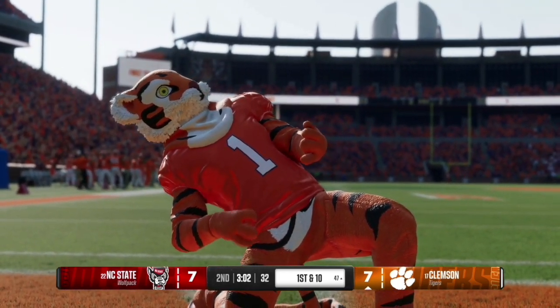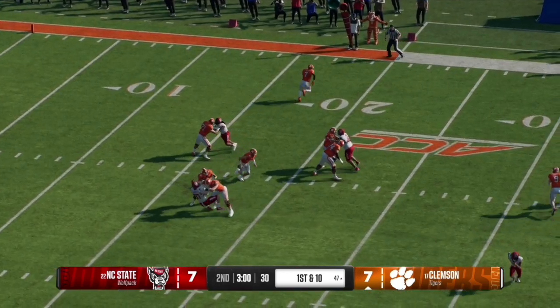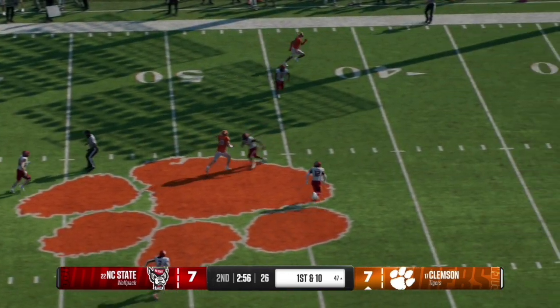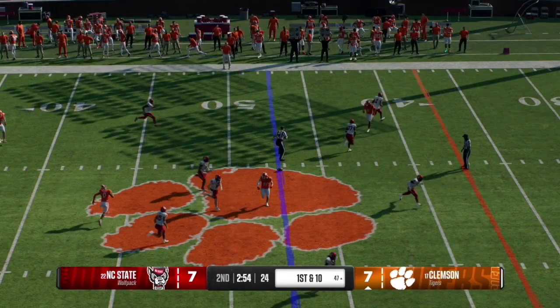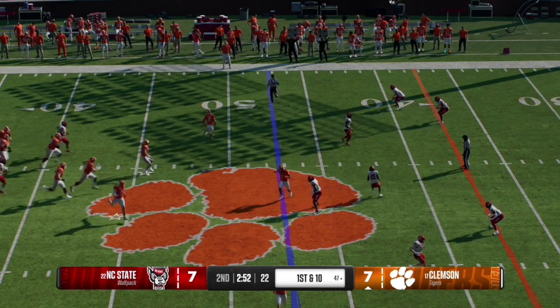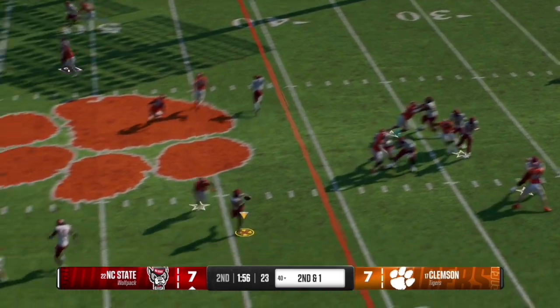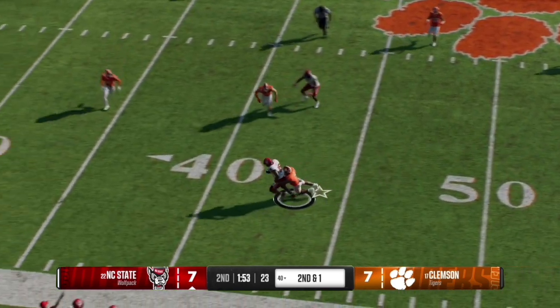That is number 10 with the reception as the Tiger mascot celebrates and shreds the guitar in the end zone. And what a great delivery by Klubnik on that play. Clemson's drive fizzles out, and NC State here on 2nd and 1 air it out to the left-hand side of